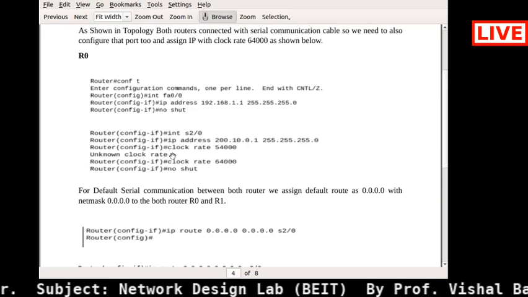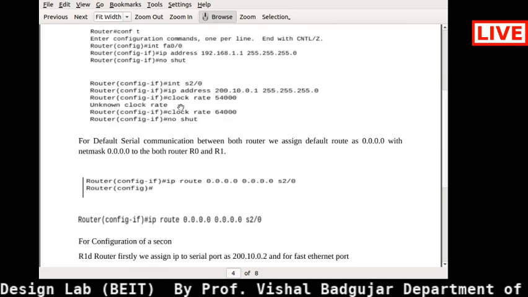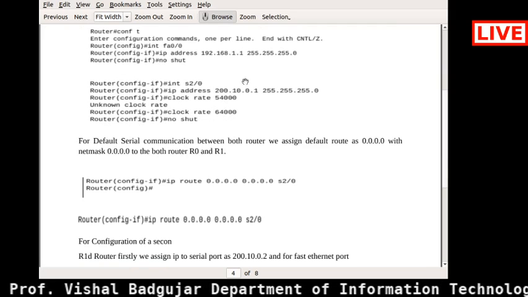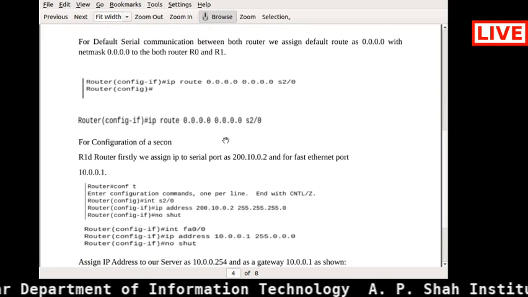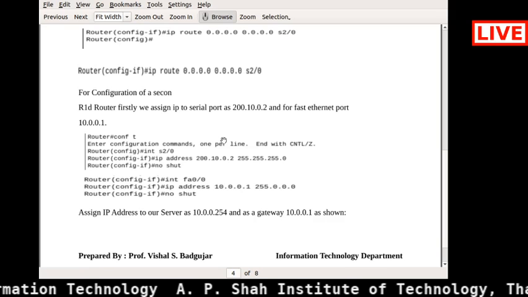So this is nothing but the R0. So similarly you need to configure the another router as well. So that is nothing but your router second one. Okay, so if you see